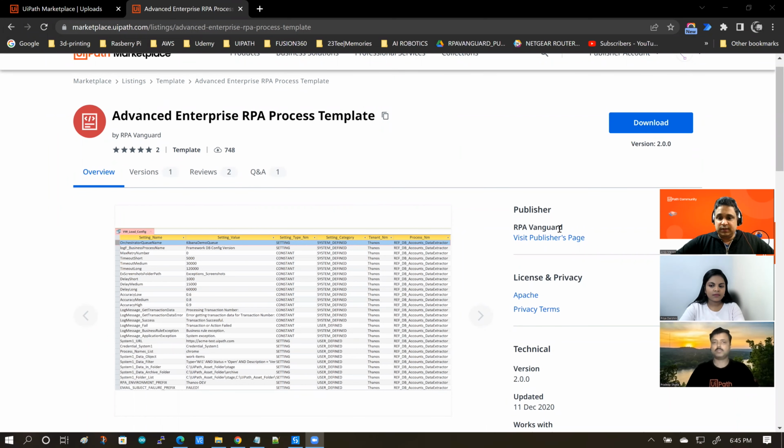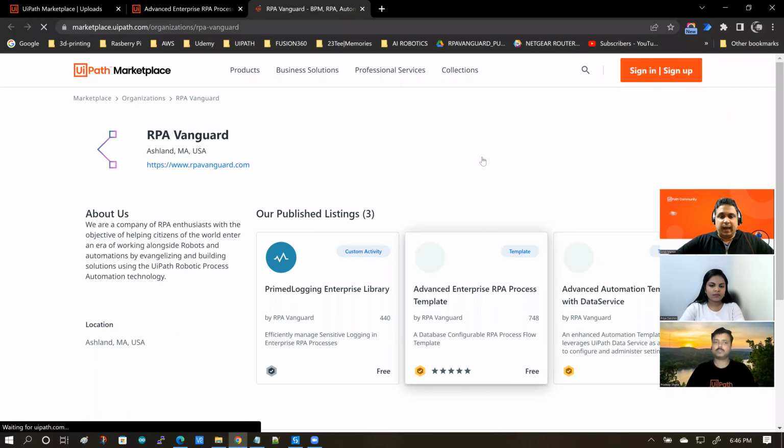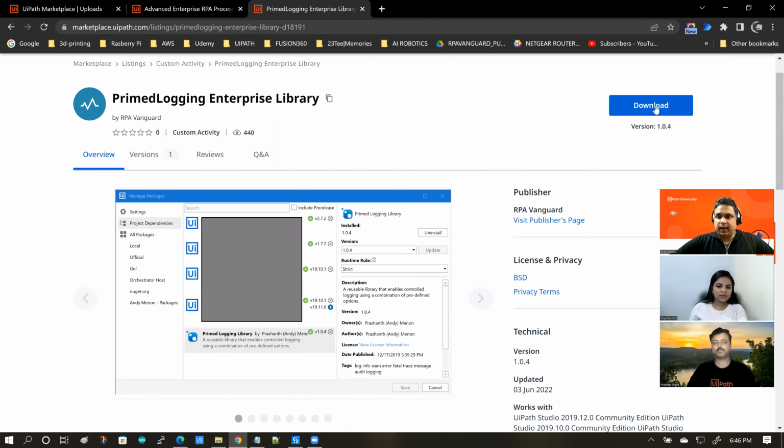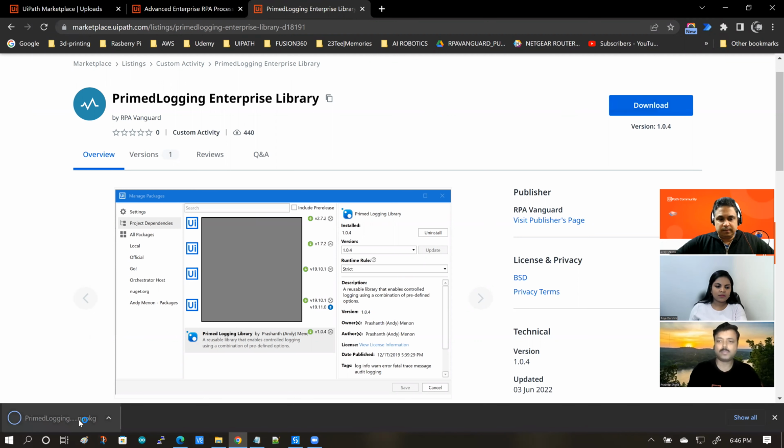And as I said before, the easiest way to do that is to click on the publisher's page. And here is the Prime Logging Enterprise Library. And all I have to do now, once I made up my mind, is to hit the download button. And what you get in return is basically a zip file or a package. This is a library, so you get a package, which means that you can add this package to your personal